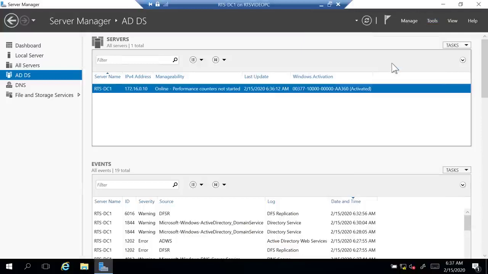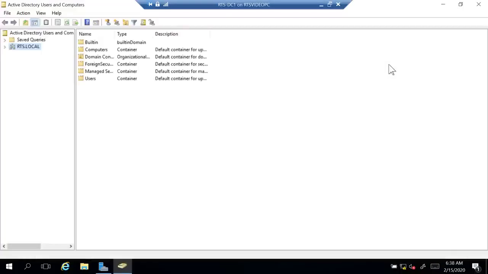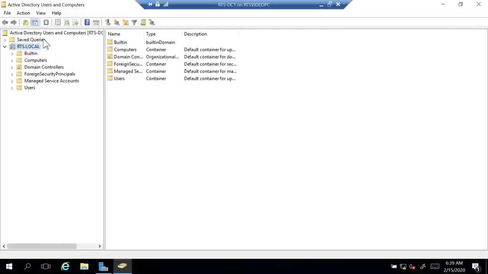So if I pull that up, this is my domain, rts.local. That's the name I selected when I installed Active Directory. I have a few objects that show up here. These are containers and organizational units. I'm going to just slide that over a bit. If I go to this users container,